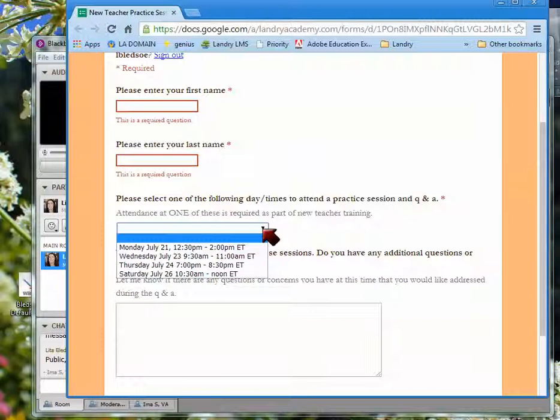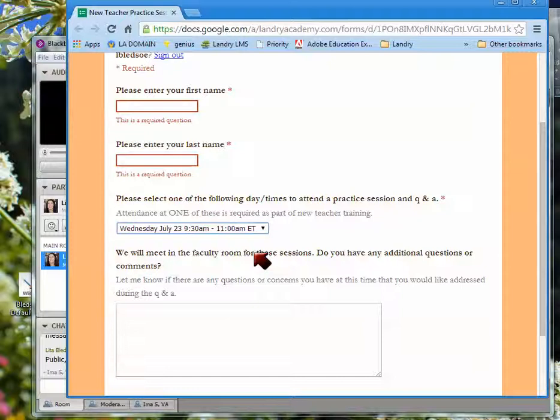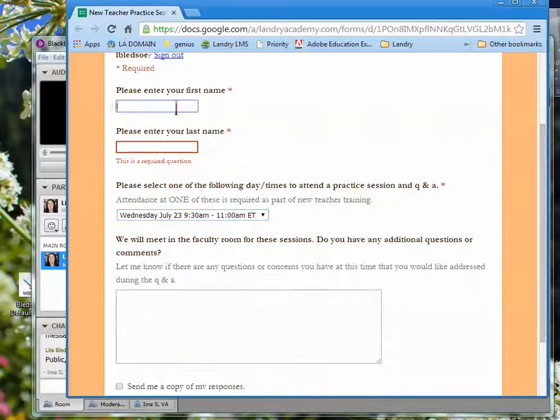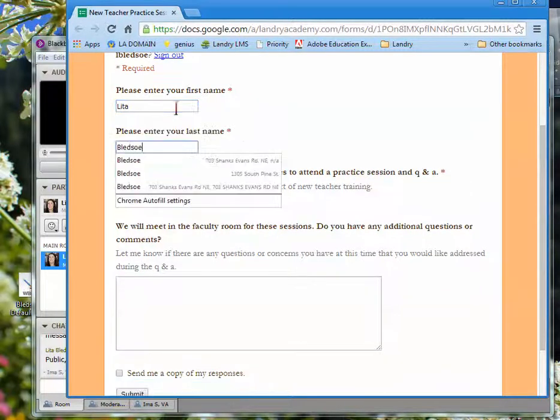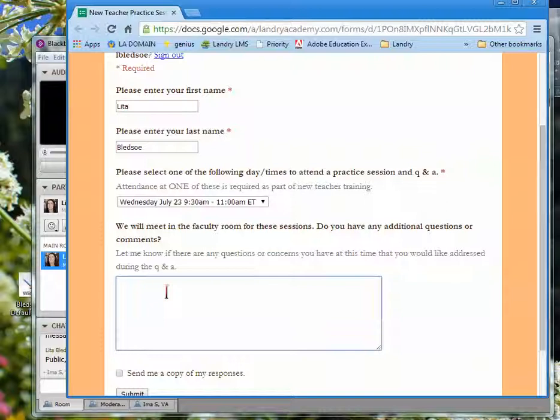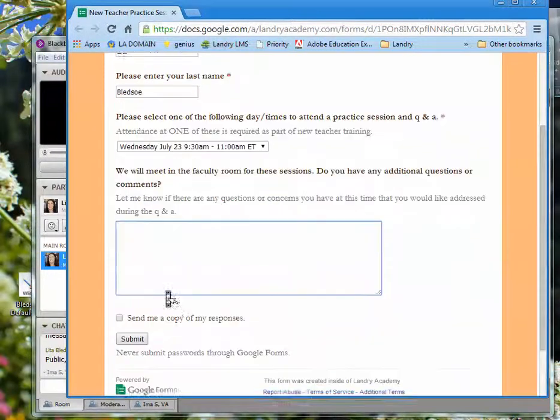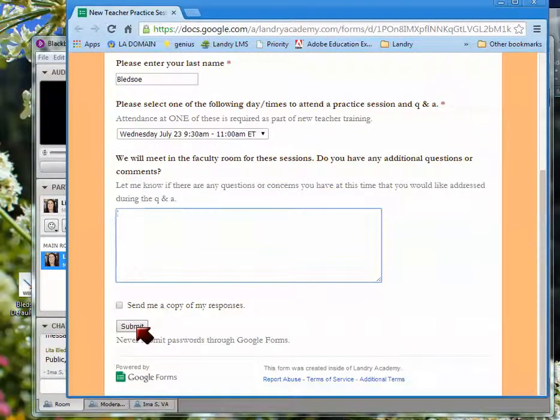So pick one of these times, the time that fits you best, and you are required to attend one of them. Select it, and then if you have any questions, concerns, anything else that you would like for me to cover during the Q&A or that you would like to see additional training on, please put that in here, and then you submit.